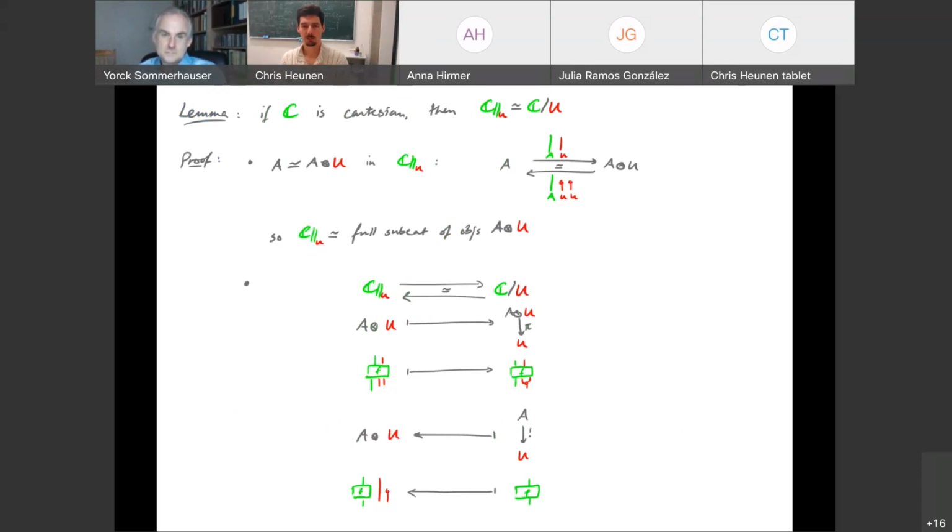And that's kind of interesting to see. So I'll try and walk you through this proof. So first, in this small category C restrict U, I claim that any object A is isomorphic to itself tensor